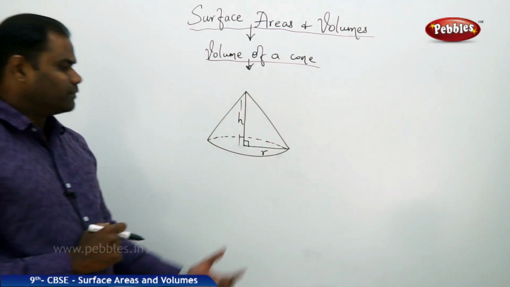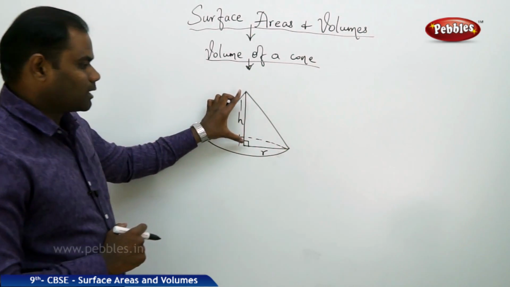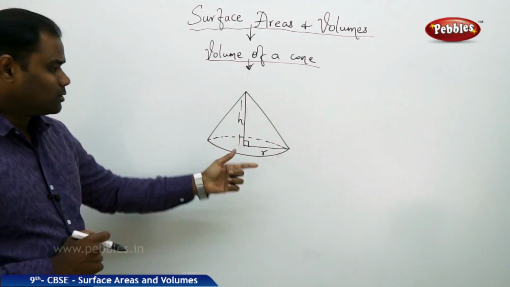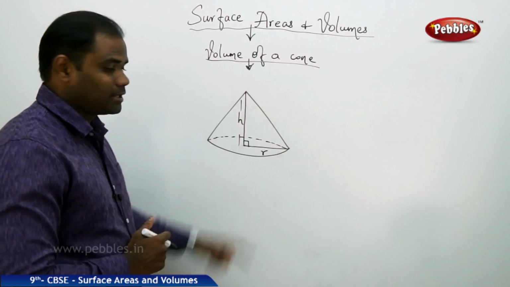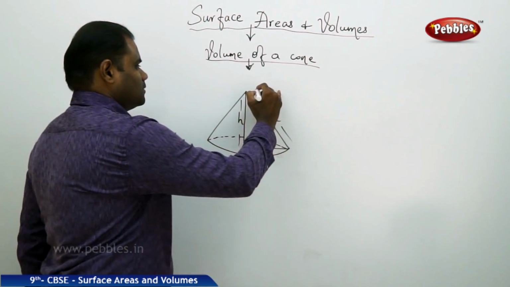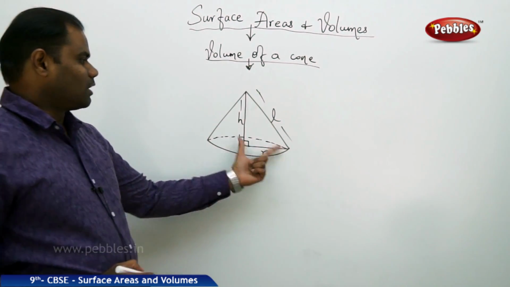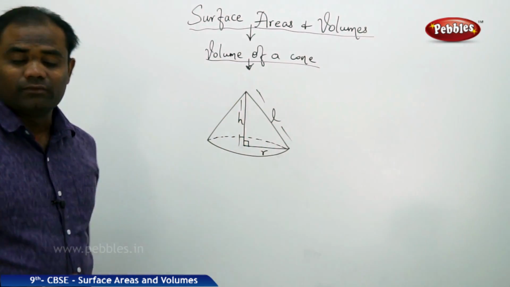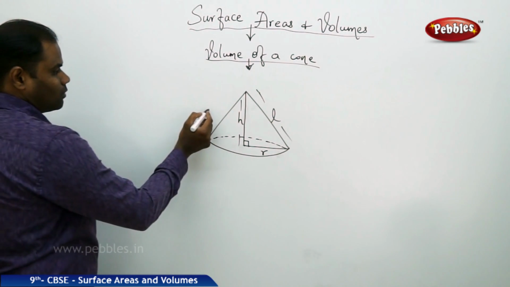So in a cone, we define this to be the radius and this to be the height. Using the dimensions of radius and height, we also have a slant height denoted by L. So by using the dimensions of R, H and L, we can define the volume of a cone, which is